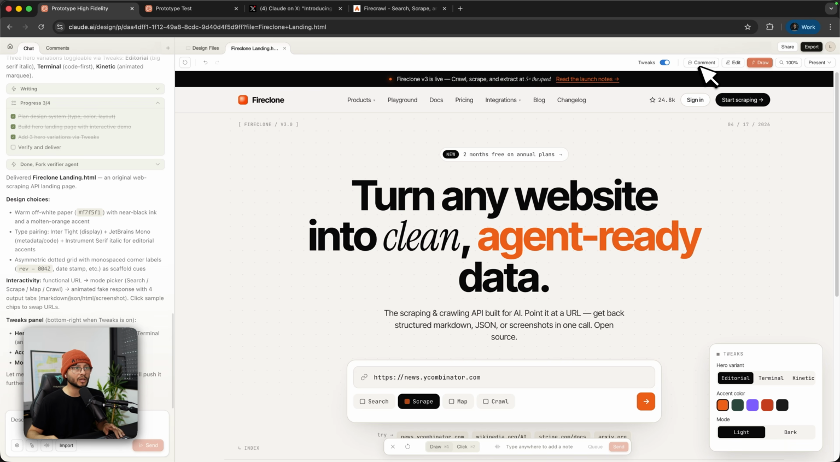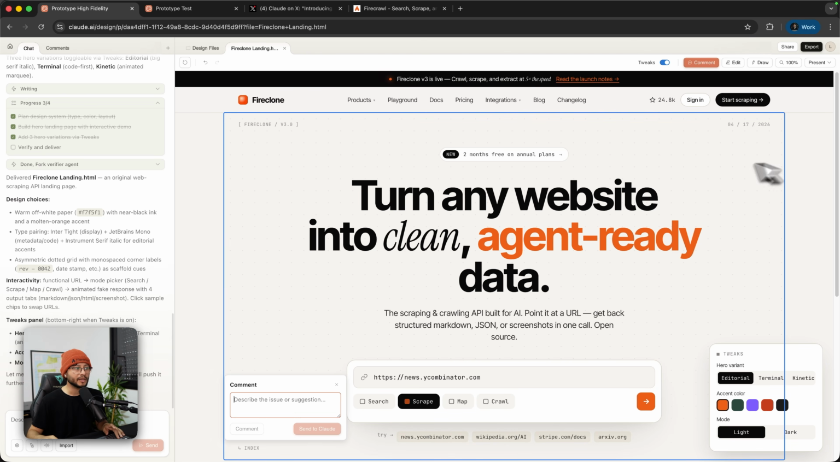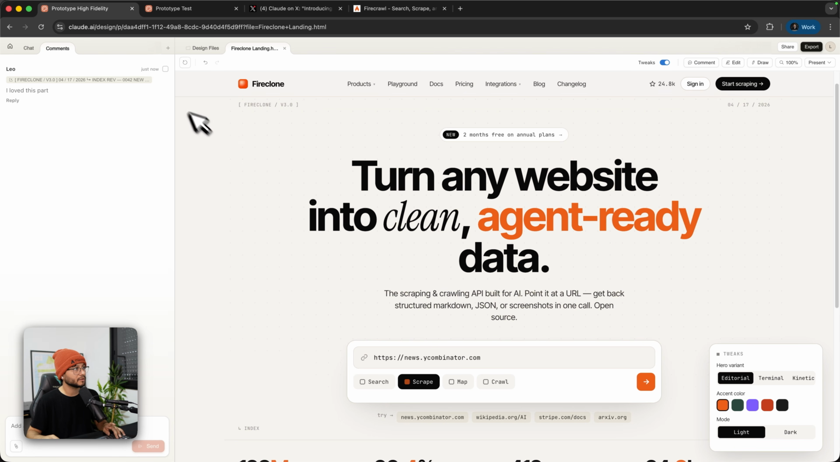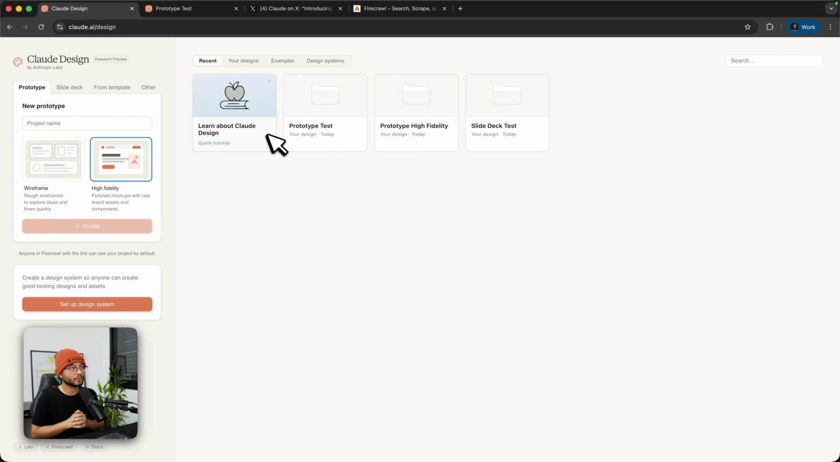This is also a collaborative tool, so you can click on comment, leave a comment here like I loved this part, send to Claude, or comment. If you send to Claude, probably it'll just understand that this is the component you want to change, or if you just leave this as a comment, other members should be able to find that specific comment on the comments tab up here. But I'm skipping a bunch of steps. Let's first go through the home page and understand how you can get to that point of having an actual